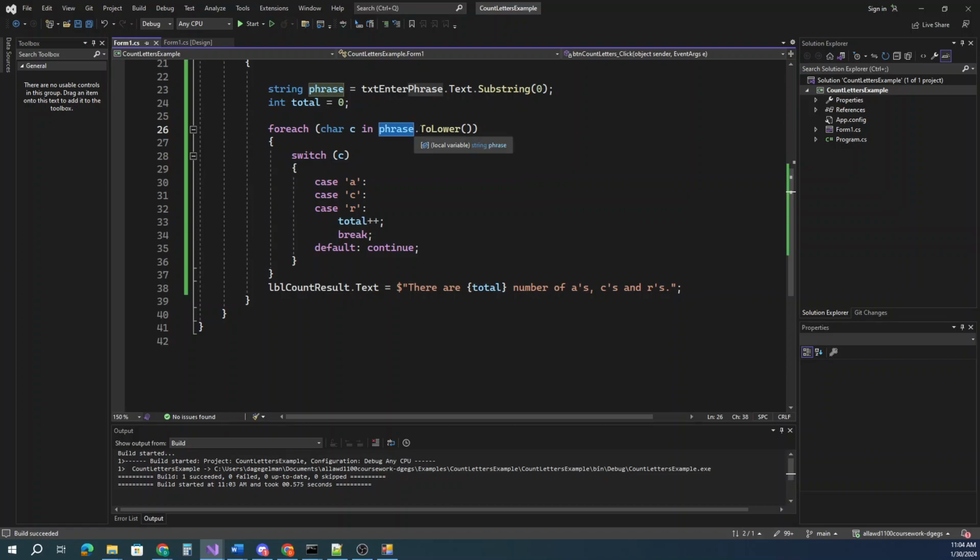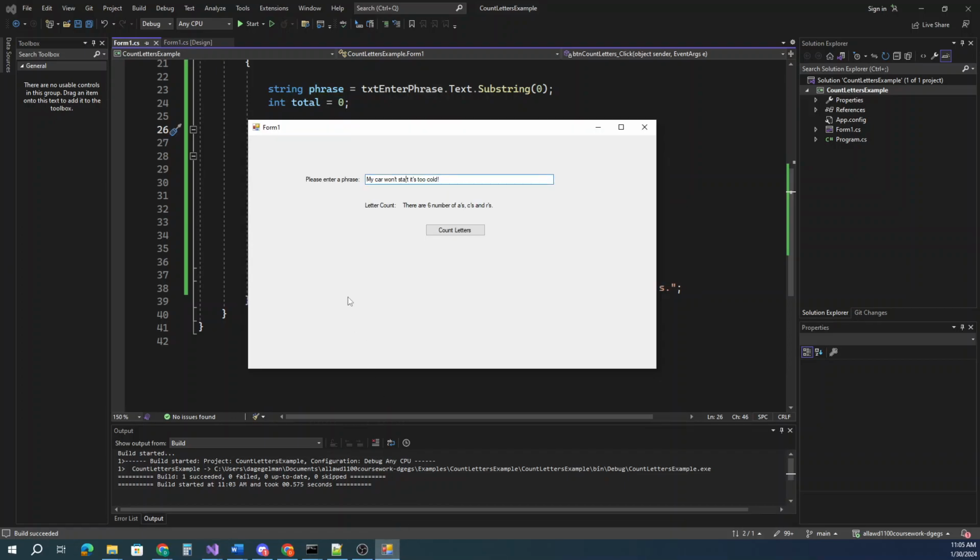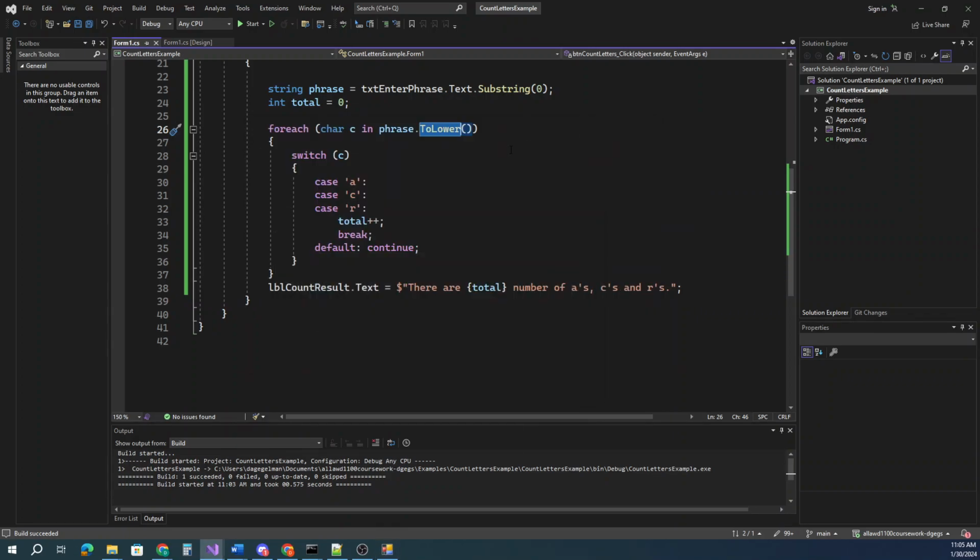Our phrase ToLower, as you can see, I type in capital letters, and what that does is convert anything that's capital to lowercase, and that way we don't have to worry about checking for capital or lowercase. We can just check for lowercase the whole entire time and not worry about it. So pretty easy, straightforward demo there. Hopefully that'll get you on your way to